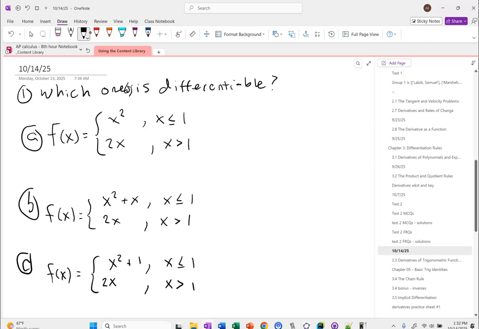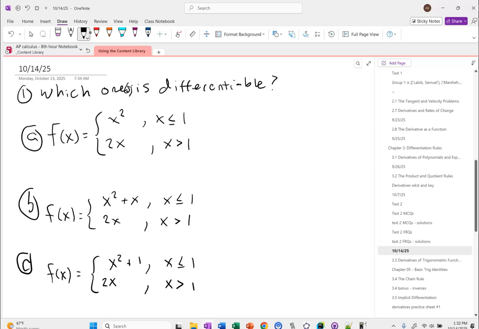At a corner, that's 1. Vertical tangent, that's 2. Discontinuity is 3. And then a closed interval. So if you have a solid start point, like the square root function, that closed piece would fail to be differentiable. Now, if these are polynomials,